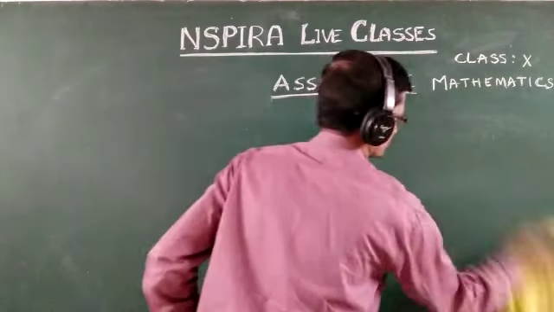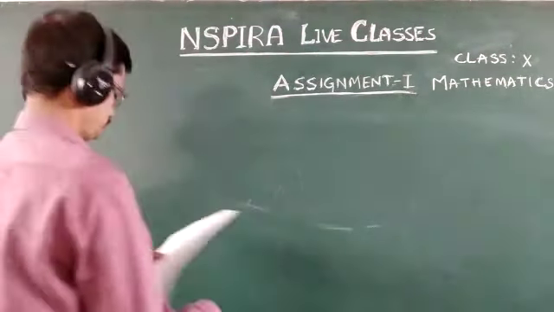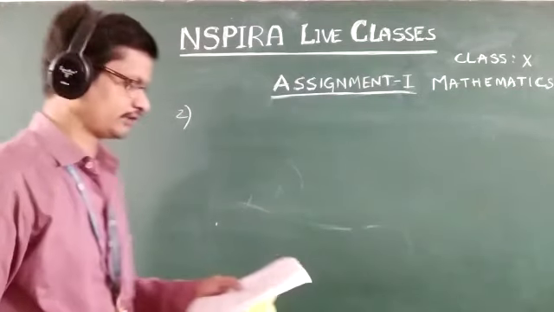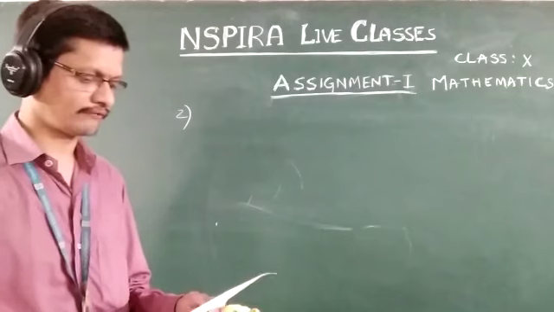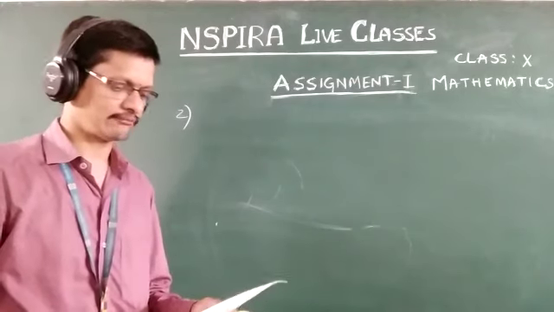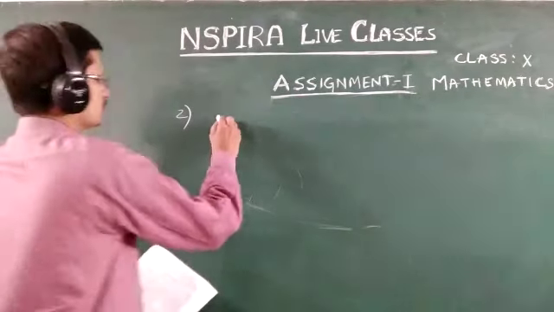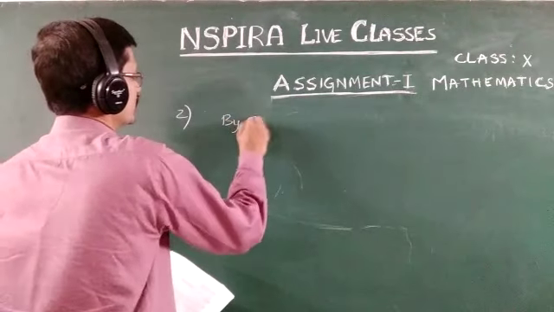Now see the second question. Use the Euclid division lemma to show that the cube of any positive integer is of the form 9m, or 9m plus 1, or 9m plus 8. See, by Euclid division lemma,